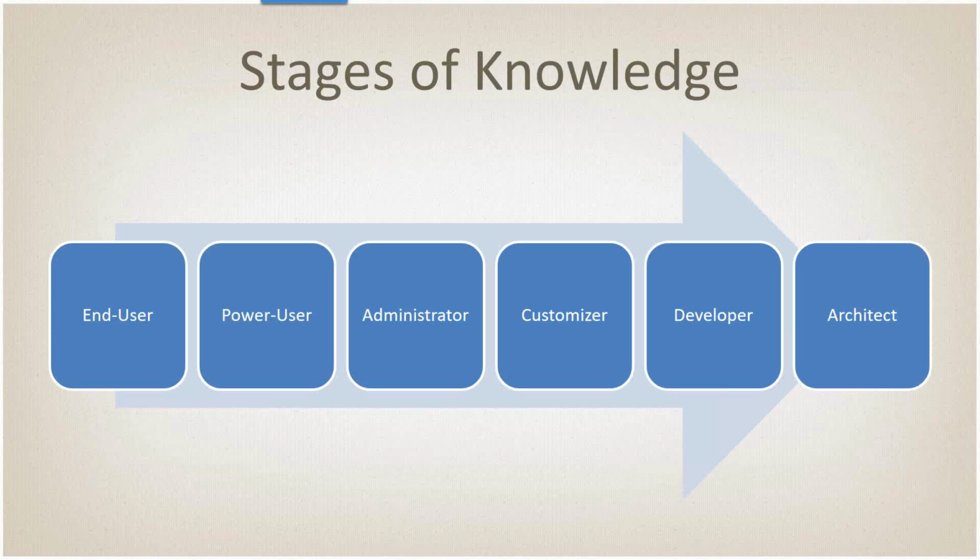Here are the stages that I've kind of defined for a Dynamics 365 person. You start off as an end user, then you turn into a power user, an administrator, customizer, developer, and architect. Not everybody goes along the same path. You may jump from power user to customizer, and then from customizer to architect to developer, whatever it might be. Not everybody has to follow this exact path, and a lot of people don't want to. A lot of people want to be able to do administration and customizations and JavaScript and things like that, but they're never going to write a plugin, and that's okay. So just keep that in mind. These are the general stages that I've kind of defined.